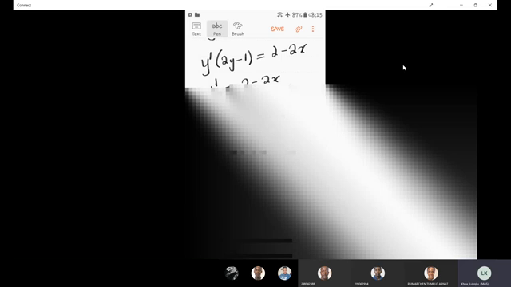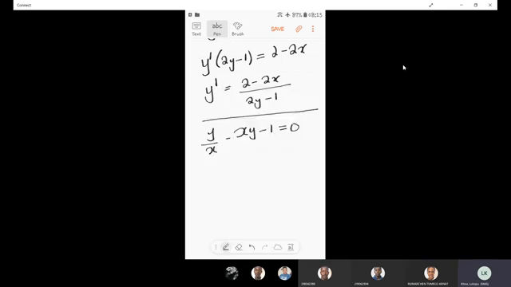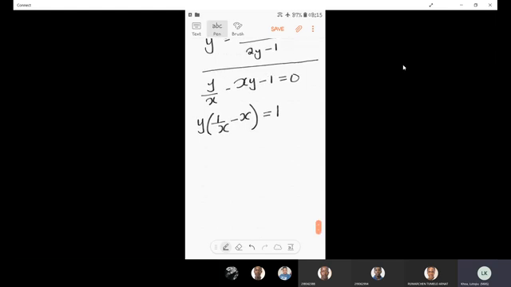Then to do that, we have y times (1 over x minus x), and this is equal to 1. Okay, so I took the 1 to the other side, and then I will divide by this bracket. But before that, I can always combine these two fractions together. So I have y, and then I will have (1 minus x squared) over x, and this is equal to